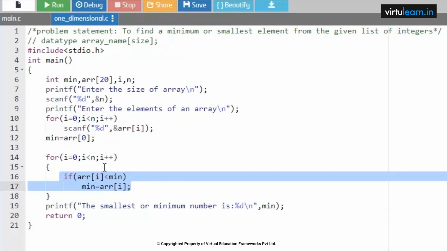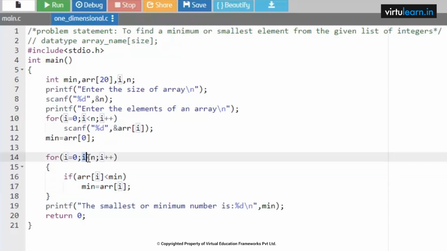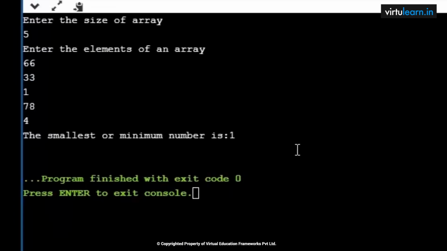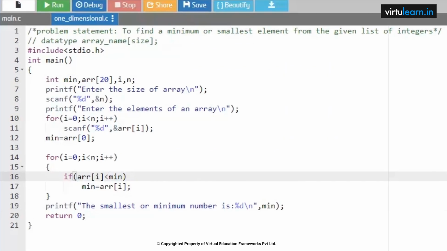Next increment I value by 1. I plus plus. I value will become 5. Is 5 less than 5? No. Then it will stop the iterations. So once your for loop iterations are stopped, it will go for the next statement. That is, the smallest or minimum number is, anyhow in min we have the value, that value we are displaying, that is 1. So this is how we can find a minimum or the smallest number out of given list